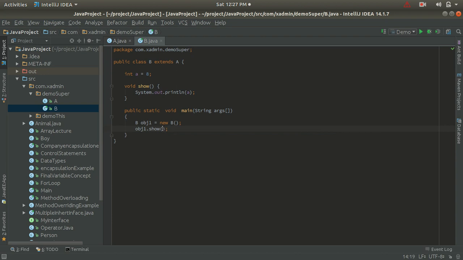So let's say that I am passing a value 9 with the show method. So guys, here I have to write an argument inside the show method. So let's take a local variable with the name A itself, okay. So now guys, I am going to call a show method, and here I am passing a value 9. So guys, the 9 will be received by the local variable A, and here it should display the value of A.